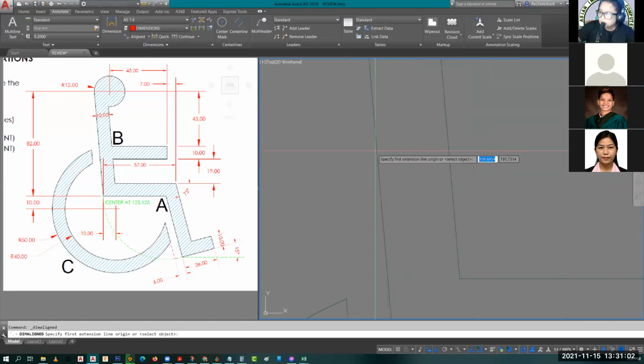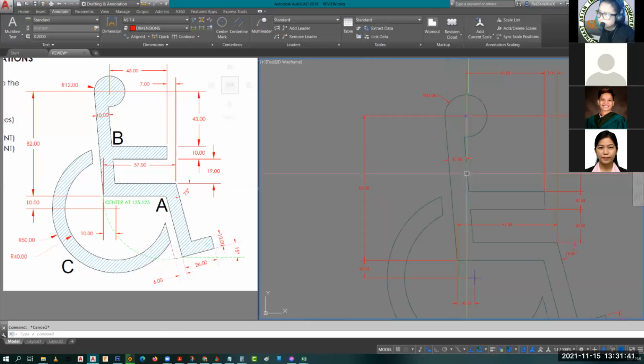Then here, you can see the nearest. No problem. But on the other side, what we need to get is the perpendicular. So, PER. So, that's the 10. Not click and straight line, because that won't be 10. So when you offset, what it creates is perpendicular. The distance is perpendicular to your line. So, that's it. Next